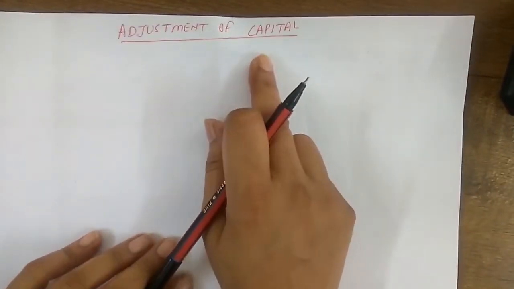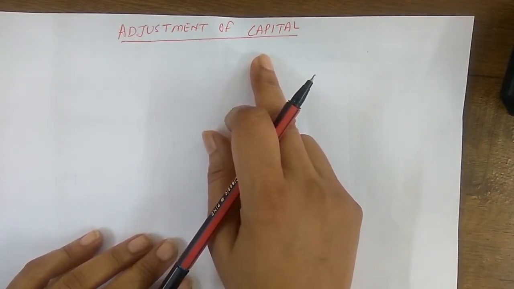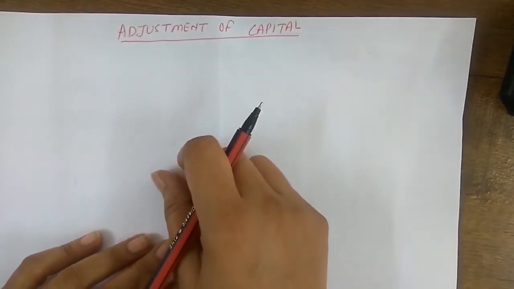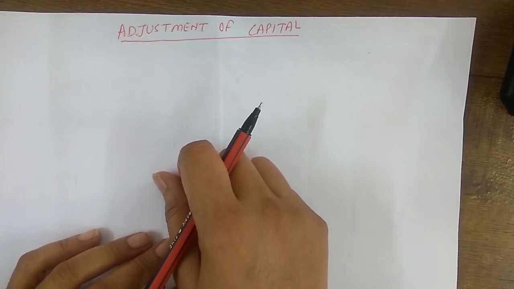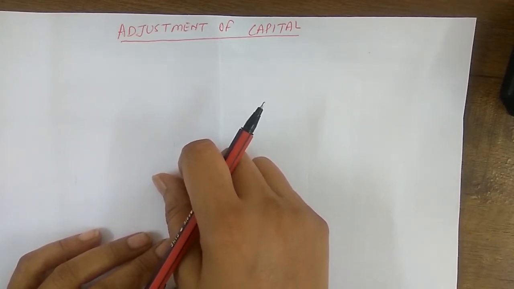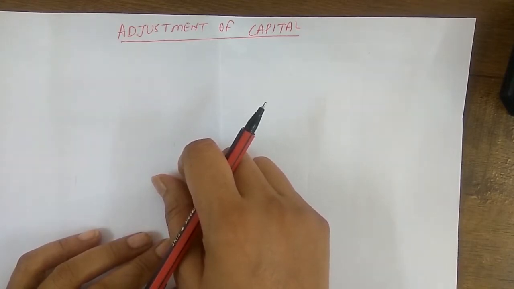Adjustment of capital. Sometimes it is there, bache, in the statement that partners decide that the capital shall be in the profit sharing ratio. Which profit sharing ratio? New profit sharing ratio. So in that case we need to show adjusted capital. We need to calculate adjusted capital of the partners. So what is the way to calculate this adjusted capital of the partners in the new profit sharing ratio? Whatever difference will be there after putting the amount as closing in the new profit sharing ratio of the partners, it will be either the amount withdrawn by the partner or the amount of cash brought in by the partner.